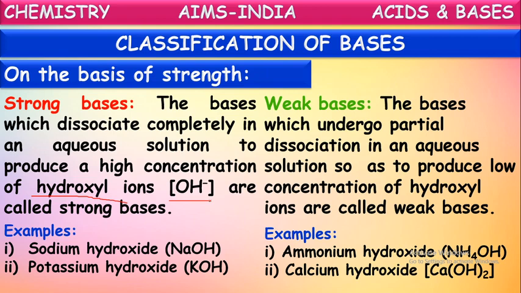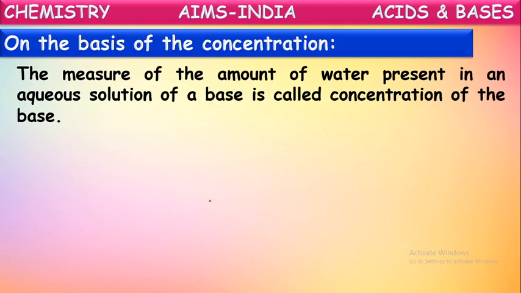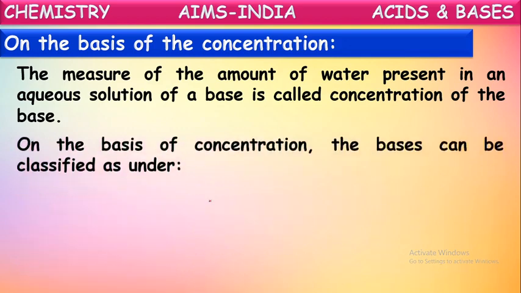Okay, next, on the basis of concentration, these bases are also classified into different types. What is the meaning of this concentration? We say concentration means the quantity of water present in the given sample of base. The measure of the amount of water present in an aqueous solution of a base is called the concentration of that base. Based upon the concentration, bases are classified into two types. They are